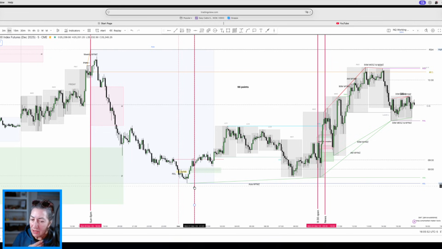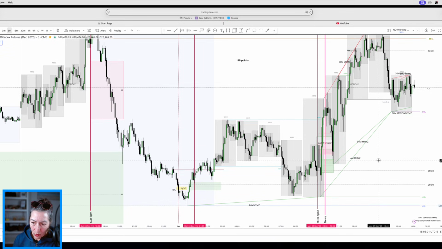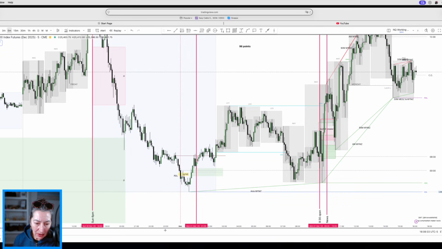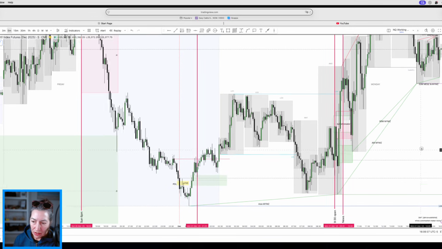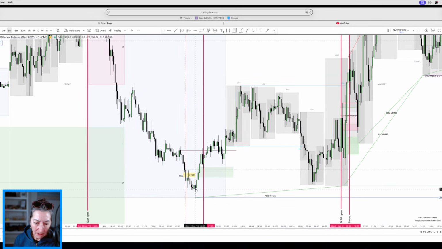And what I did was I took a quick long. So let me just show you why I took a long. So price came down. I'm looking for my smart money reversal, right? So smart money reversal has certain characteristics to it. So the first characteristic is that